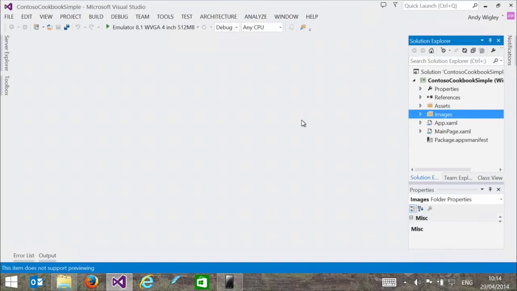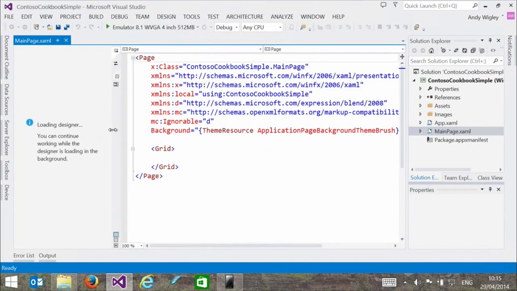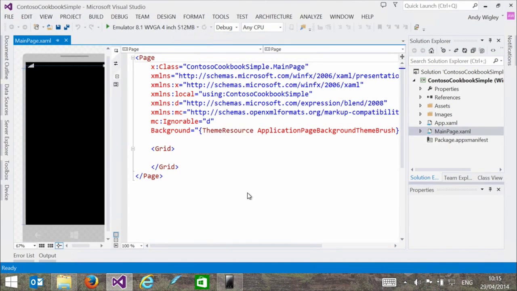So we're going to build a single page, and then as the morning goes on and into the afternoon, we're going to expand this out and end up with a fully working app with all of the bits and pieces. So this is kind of our test piece for building a Windows Runtime XAML app. We're going to design the main page grid. So here's our main page. Let's get the designer up, drag that across. So we see plenty of XAML, and then we've got our design surface over there.